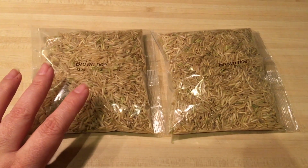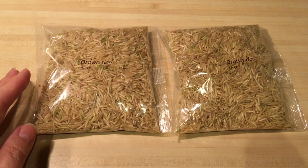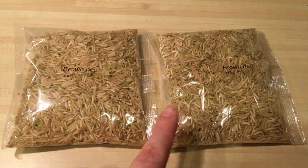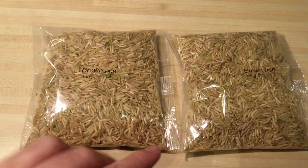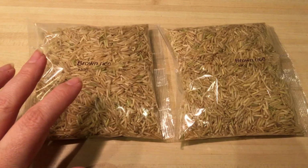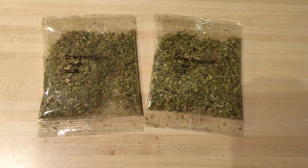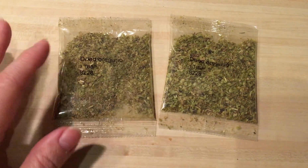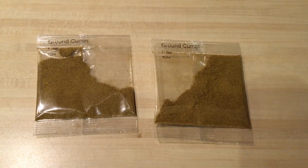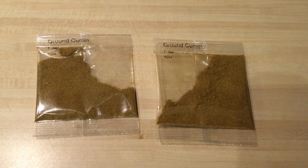So just remember that inside of your Gousto Box come all the ingredients, measured and already prepared for you to start cooking. And we are going to cook for 4 people. We're going to use 260 grams of brown rice. Even the dry spices on the Gousto Box come wrapped. And here we're going to use 2 tablespoons of dried oregano, 2 teaspoons of ground cumin,